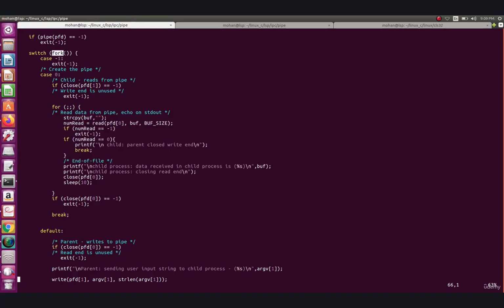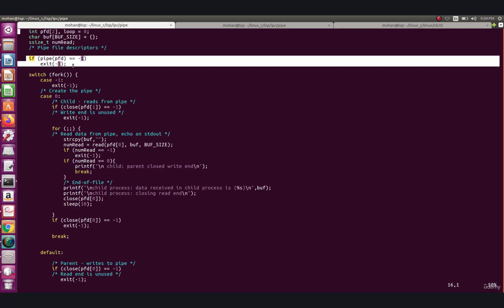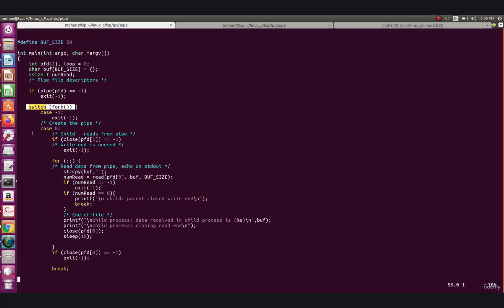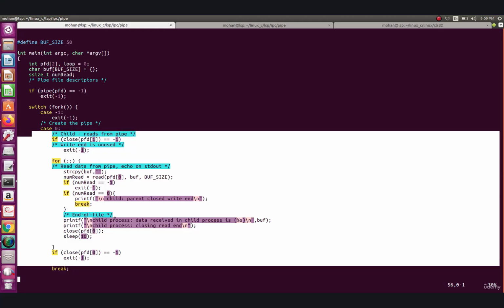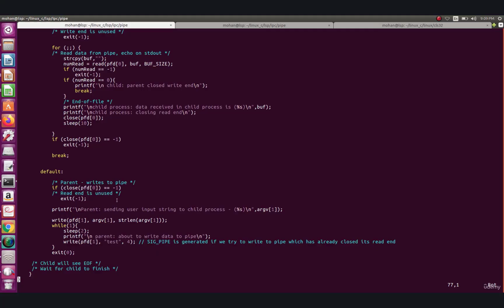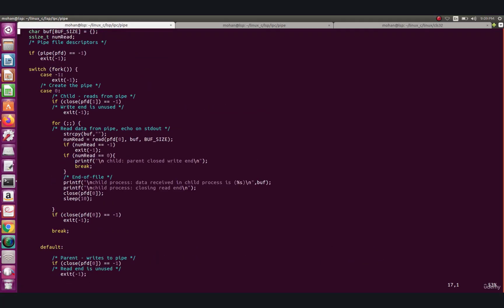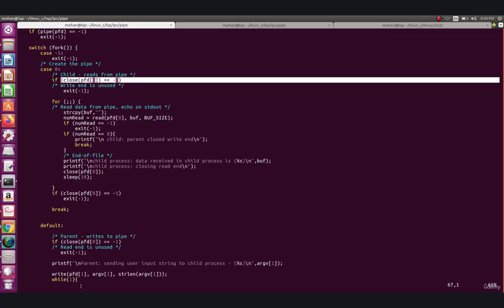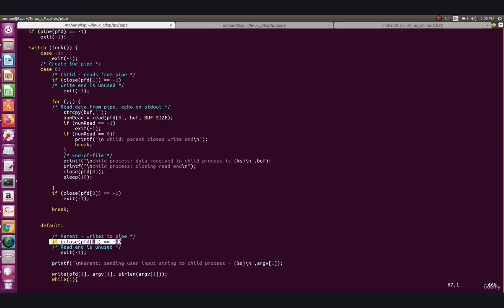So in the same way, we have a fork. We have created a pipe before, and then called a fork. And case 0 represents the child process, and default represents the parent process. Now the child process closes the write end, and in the same way the parent process closes the read end. Now the child process